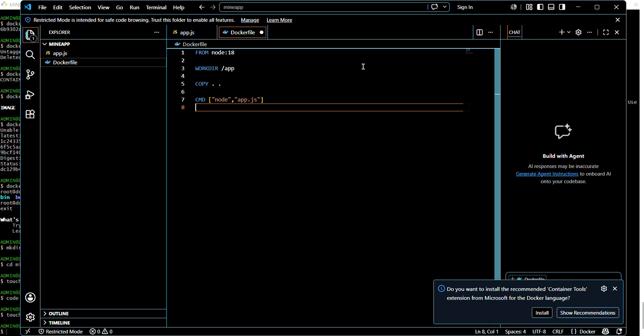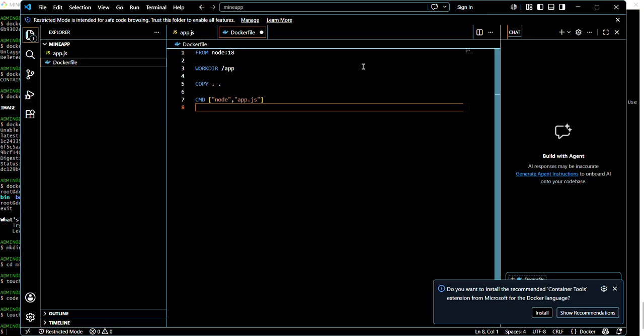Okay. So why are we using this? I will explain it line by line. The first line is FROM node 18, which shows we need Node.js to run the JavaScript. Simple. Don't complicate the code. The second line is WORKDIR /app, which creates the working directory. That's it.